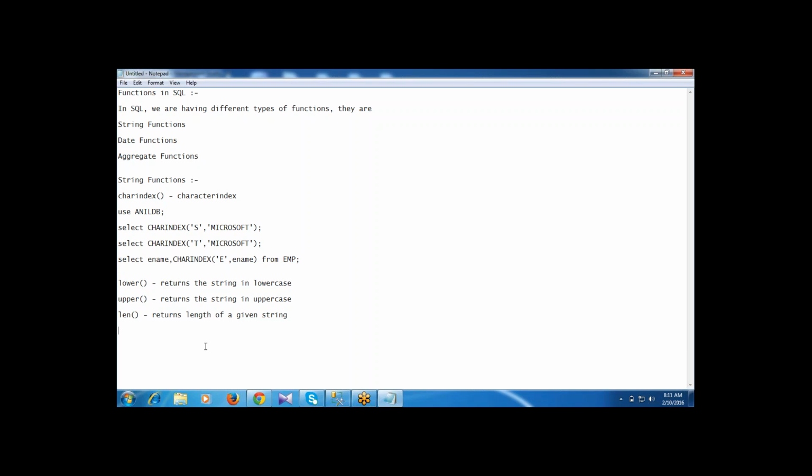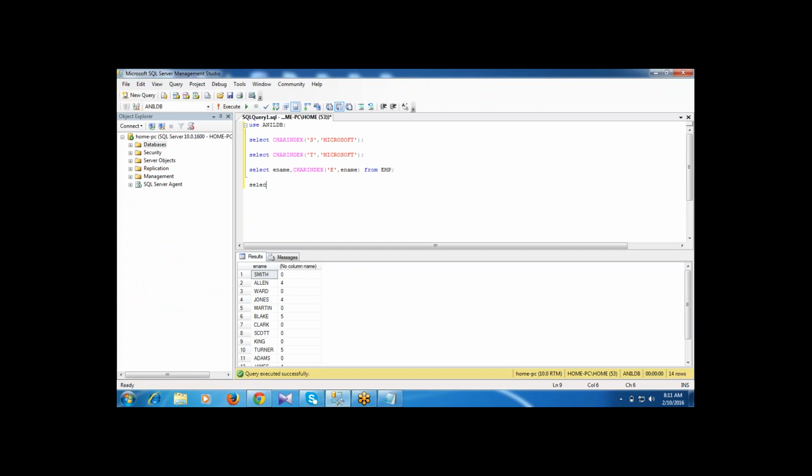So the LOWER function returns the string in lowercase, with all letters small. The UPPER function gives all letters in capitals. The LEN function tells how many characters are there in a given string. Here I'm writing these functions in the select statement.